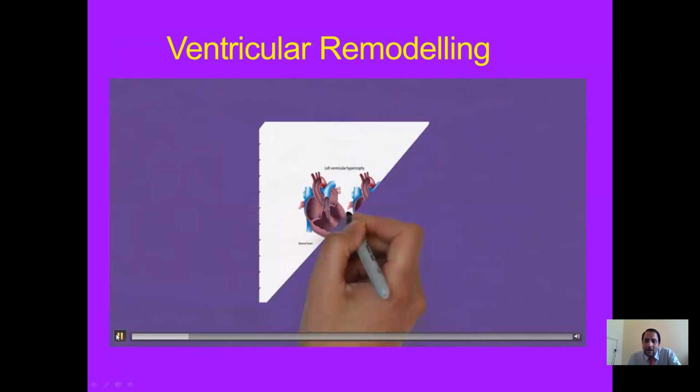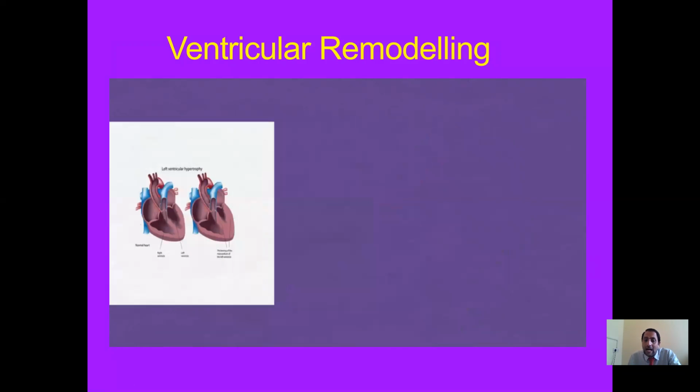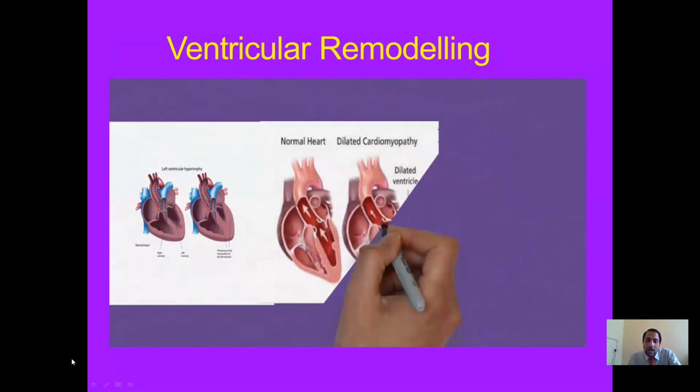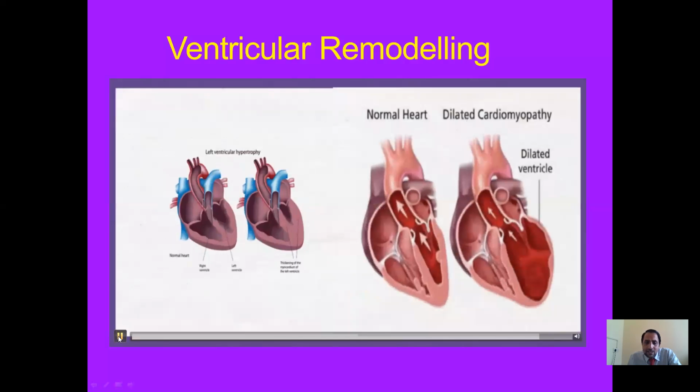सेकेंड जो हमारा डायग्राम है, सेकेंड डायग्राम में हमारा क्या हो रहा है, इन द सेकेंड डायग्राम स्वेलिंग ऑफ द लेफ्ट वेंट्रिकल ड्यू टू मायोकार्डियल सेल की ओवरएक्टिविटी के कारण से क्या हो रहा है, हमारी जो वेंट्रिकल्स है, वेंट्रिकल्स के जो सेल्स हैं वो क्या हो रहे हैं, डायलेट हो रहे हैं, और हमारे वेंट्रिकल का साइज इंक्रीज हो रहा है, वो स्वेल हो रहा है।